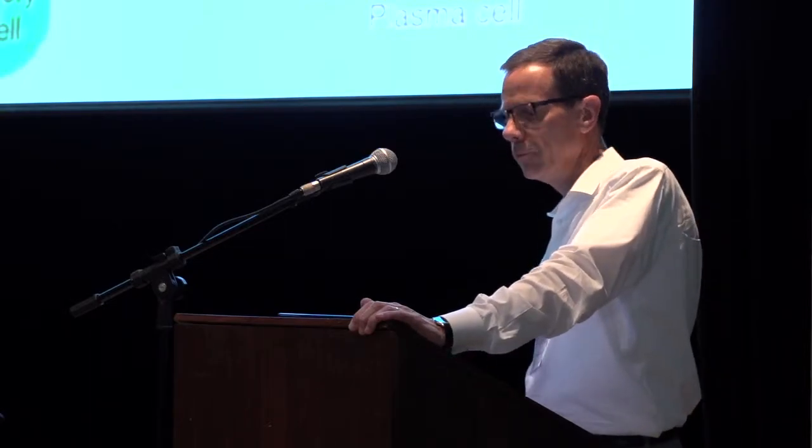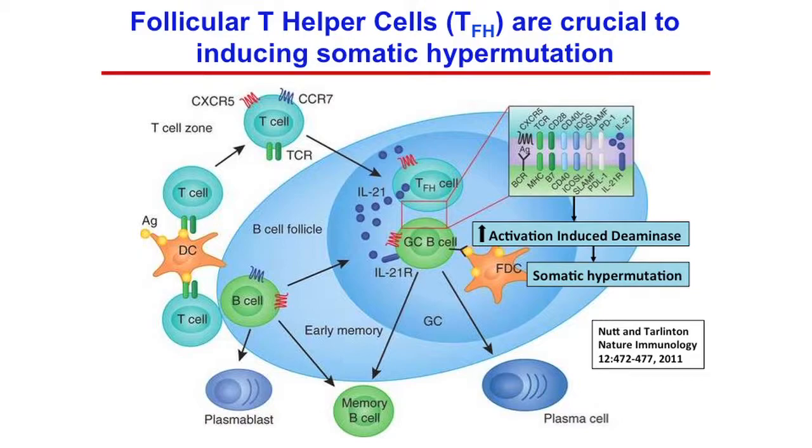And in order to overcome that obstacle, we're going to need to engage follicular T helper cells, or T follicular helper cells. Well, what are T follicular helper cells? They are these T cells which are in the lymph nodes. They are not in the peripheral blood. And they actually migrate into the B-cell follicles and into the germinal centers where they interact with B cells. They do this by upregulating CXCR5 and downregulating CCR7, which allows them to move out of the T cell zones